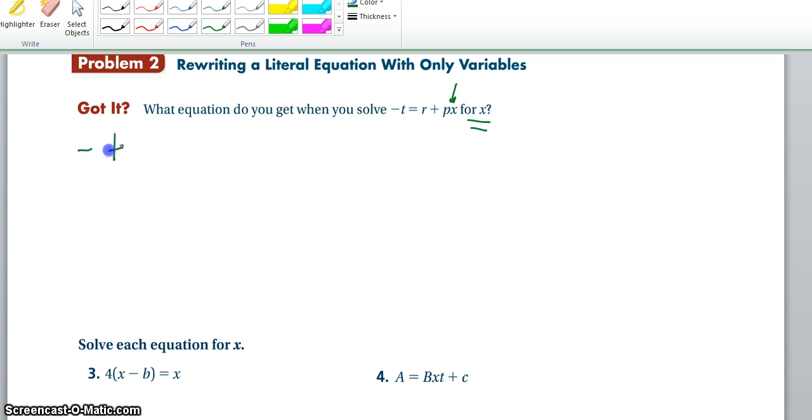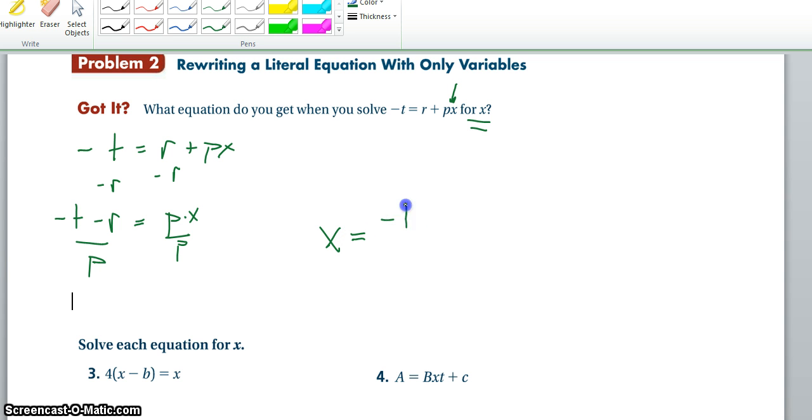So if we write out our original equation, negative t equals r plus px, and then we want to get rid of the r, we can just subtract it from both sides. Because we don't know if these are like terms, we can just say negative t minus r equals p times x, because these canceled. So now my x term is isolated, and I still just need to isolate for the variable. Since these are multiplied, our inverse operation is to divide by p on both sides. And then I always like to write what I was solving for first. So now we have x is equal to negative t minus r all over